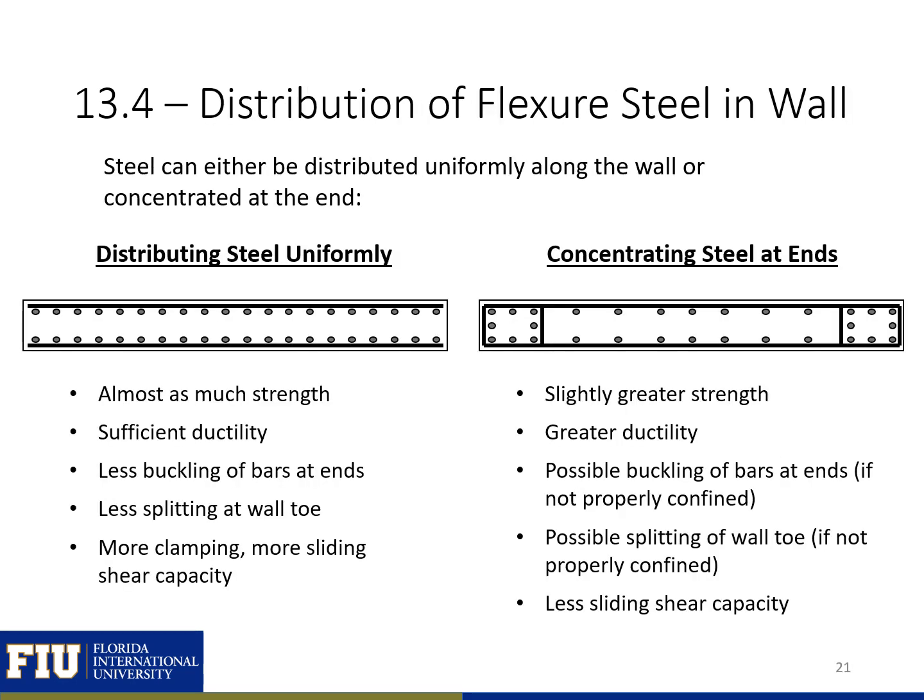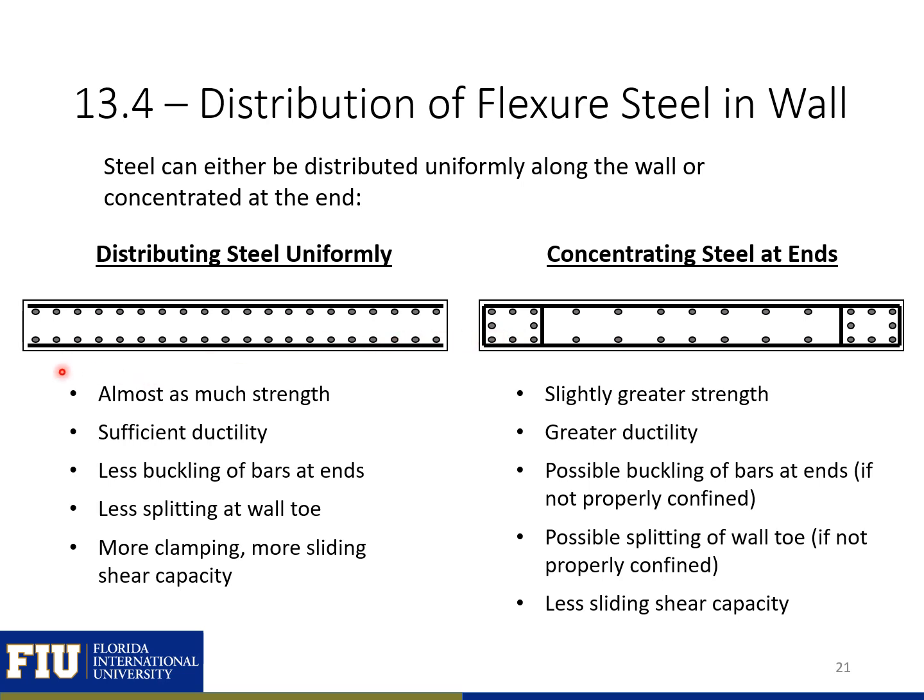Steel in our lineal shear walls can either be distributed uniformly along the wall or can be concentrated at the end. And if it's concentrated at the end, typically you'll provide confinement reinforcement around that steel. So listed on this slide are some of the benefits of each, the pros and cons for each type of